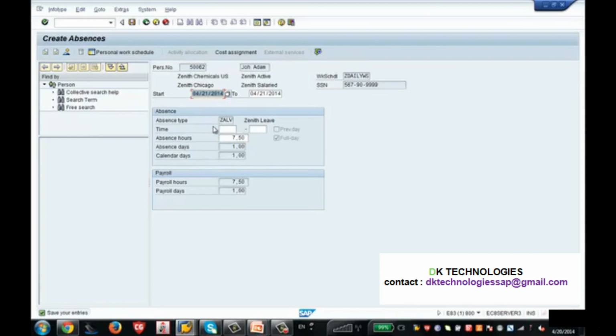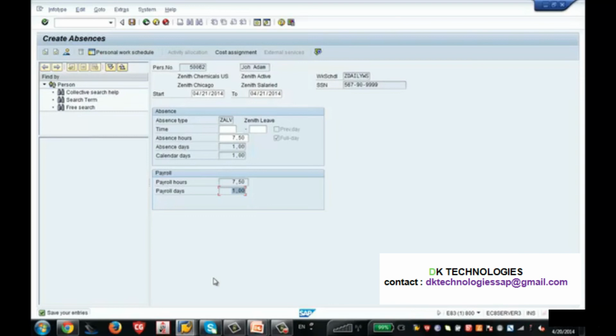Why is it showing 7.50? If you recall the daily work schedule, my daily working time for this employee is 7.5, so it deducted 7.5 hours. Calendar days is 1, absence days is 1, payroll days is 1, payroll hours is 7.50. See how neatly it clarified: hours is 7.50 and days is 1.